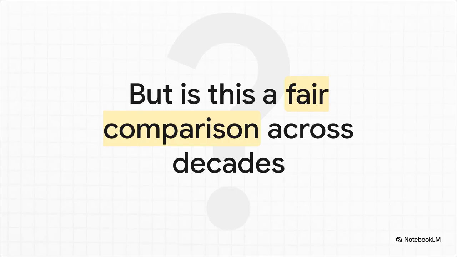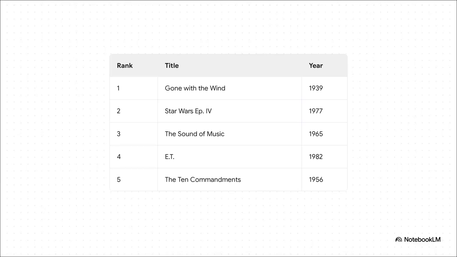But hang on a second. This list is comparing dollars from different decades without mentioning one absolutely crucial factor: inflation. A movie ticket back in 1939 cost what? 50 cents? Today you're looking at 15 bucks, maybe more. So, is it really a fair fight to compare a dollar earned back then to a dollar earned today? No way! It's not fair at all.